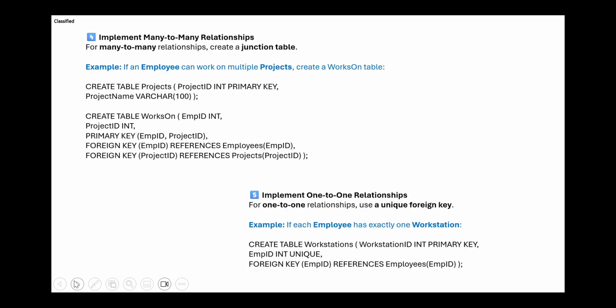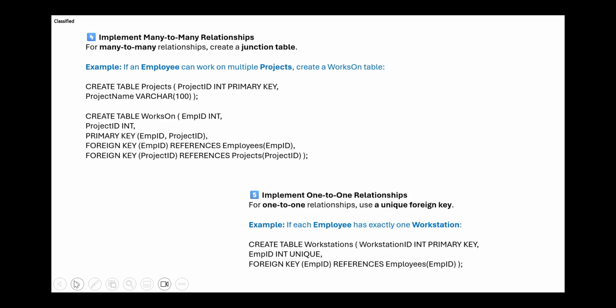Okay. Now, if you had to create a many-to-many relationship, one-to-many is not very difficult, but with many-to-many there can sometimes be confusion. So if an employee can work on multiple projects, okay, when we create a table called projects, we have project ID, which is integer and primary key, and project name, which is varchar and up to 100 spaces, right?